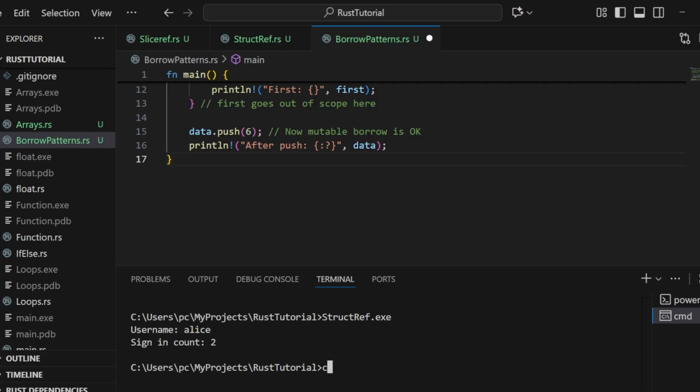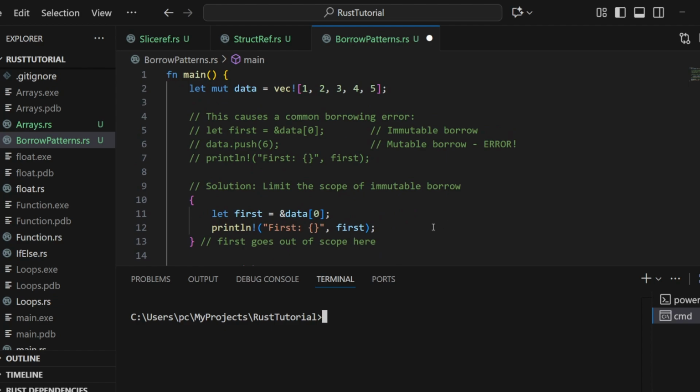So here is the code snippet. In this case, a mutable data is created, which is holding a vector having the values 1, 2, 3, 4, 5. And if you create an immutable borrow on this, like let first = &data[0], this is allowed. But if you try to do data.push(6), that is, if you try to add some value into